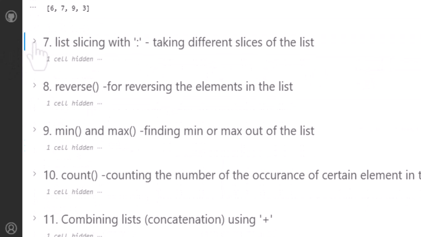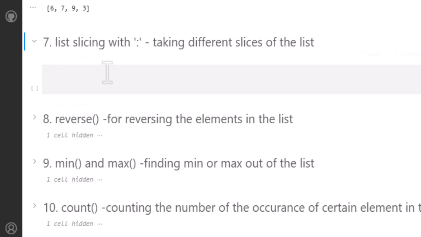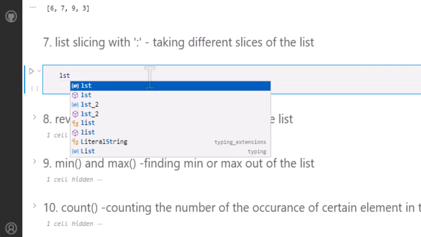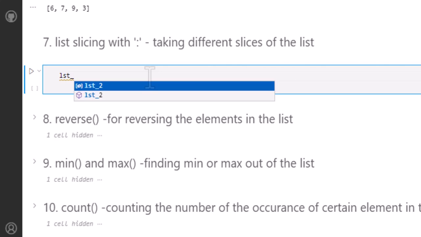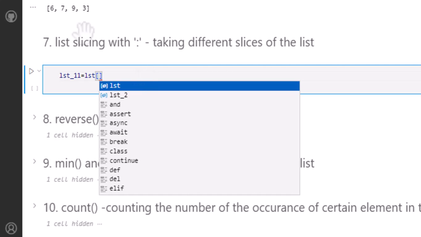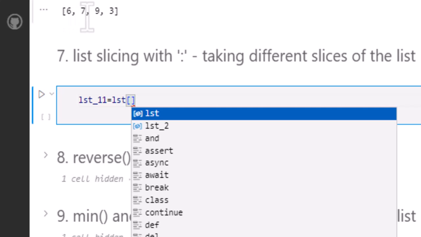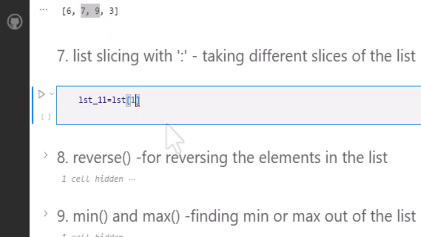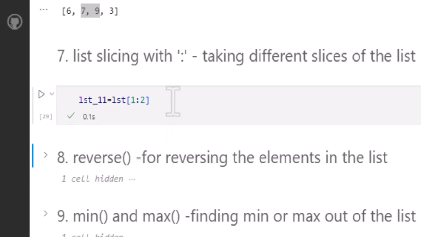Similarly, another operation which is also of great importance is list slicing with this colon operator. Okay, what is the importance of this? So let me have a list, lst underscore 11, and in this list I want to get this 7 9 from this list. What would I do? I would write 0 1 2 3. So what is the index of these two? This is 1 2. Okay, so let me write here 1 to 2